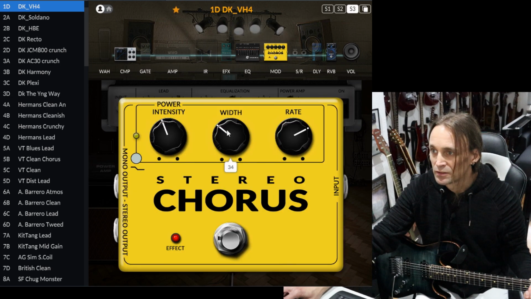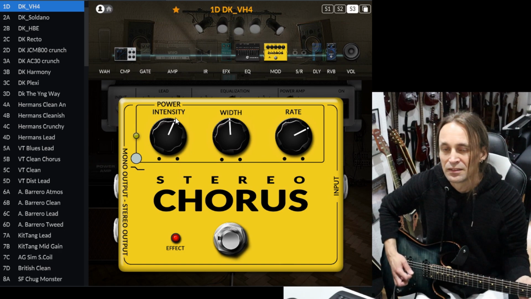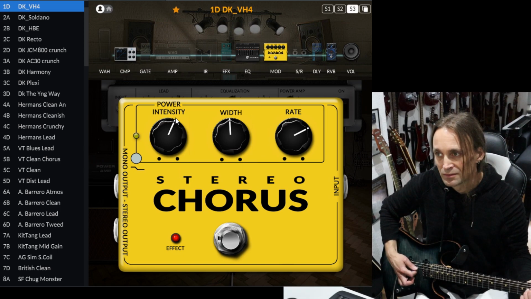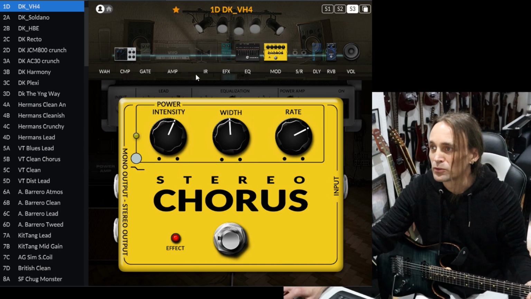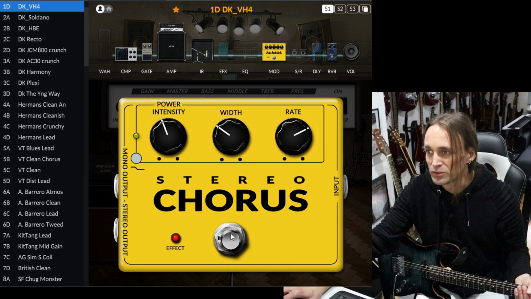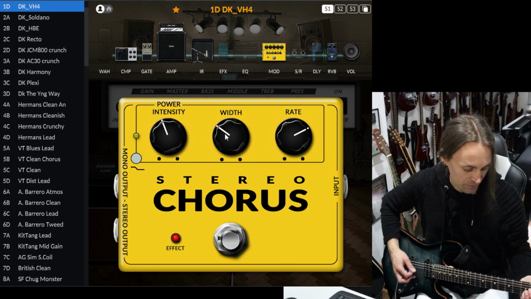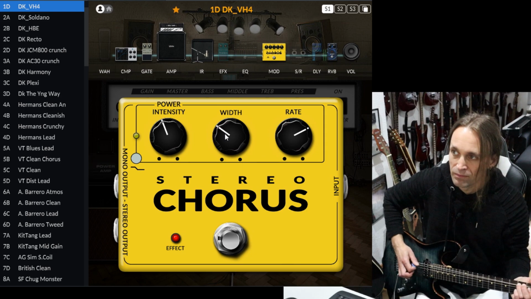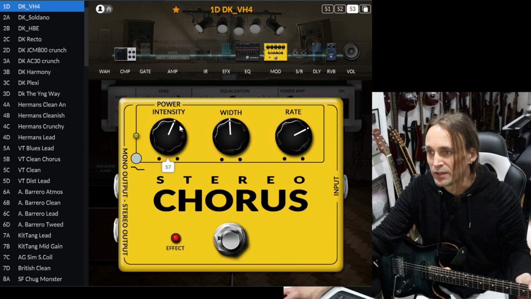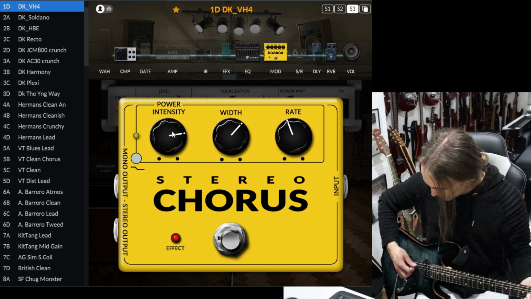Also nice modulation, which you could use here in another setting than in another scene. For example, if I go to the rhythm scene, modulation is disengaged, but if I would like to use it, then just engage it here. But if I would use the modulation in scene 3, a little bit more dominant,